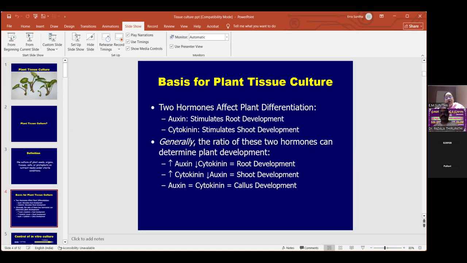In shoot development, you require more cytokinins and less auxin concentration. But in between the explant and the shoot and root development, there is one more stage called callus development. In callus development, you should have equal proportions of auxins and cytokinins. Okay, so when we are working under laboratory conditions and you take some explant, that means any type of plant, let it be rice, tobacco, carrot, any dicot or monocot plant, first you have to standardize the procedure.